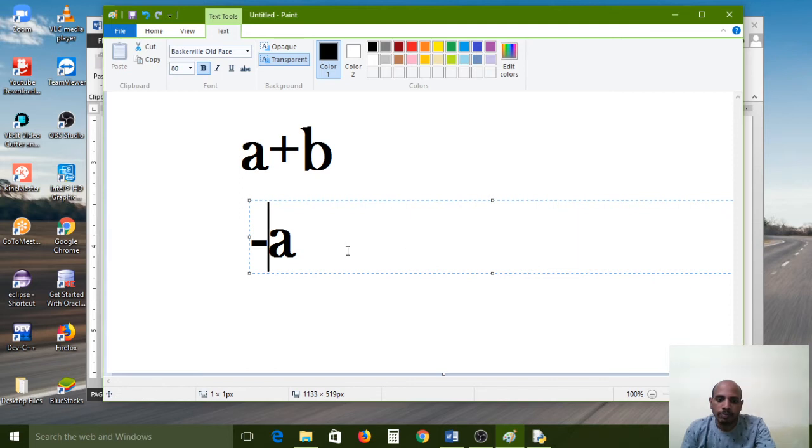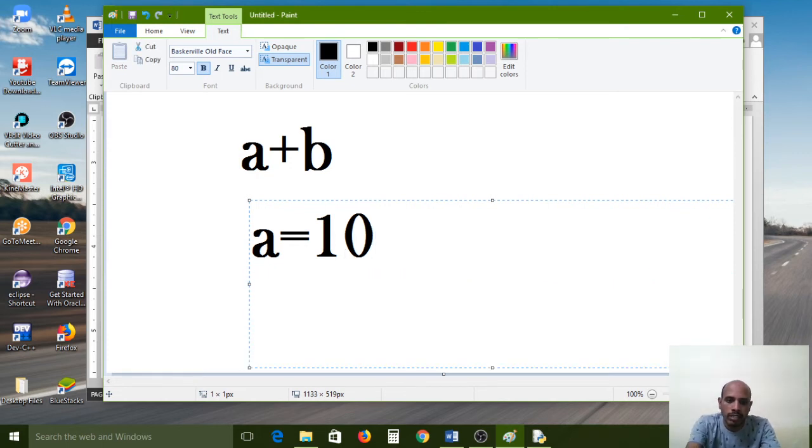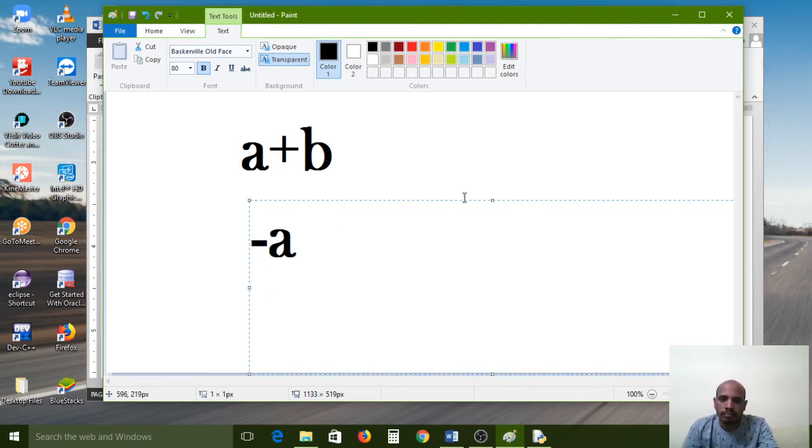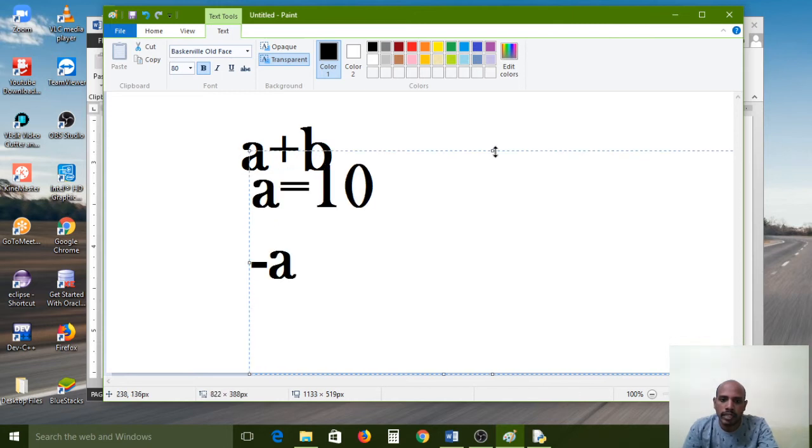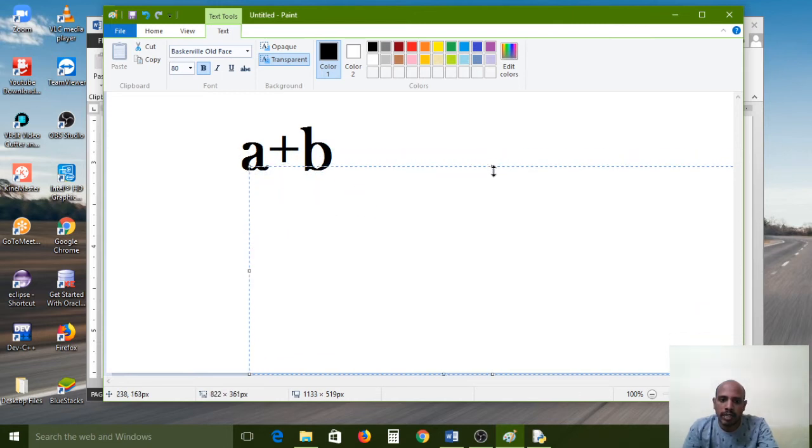For example, just assume the A value is 10. Now again I am using minus A. Then what is the output? It is treated as a negation symbol. Carefully observe.